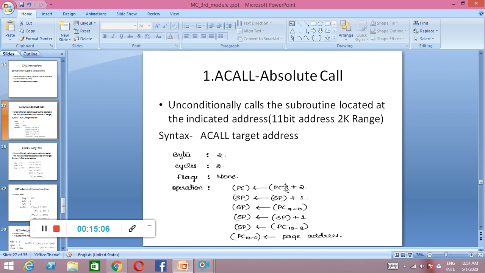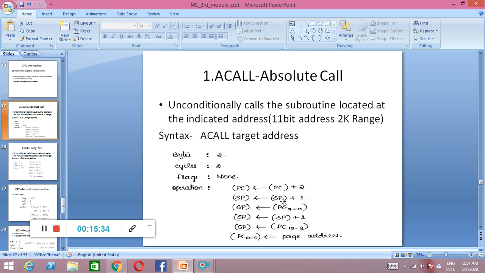How it is going to work is, whenever you call, the program counter is going to be incremented twice, and whatever the next instruction's address is, those 2 bytes are going to be dumped on the stack memory, right? That's what it is being given here. The program counter is going to be incremented twice. First, when it is incremented, the lower byte is loaded first, right?